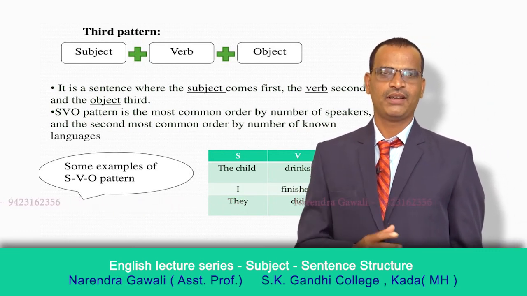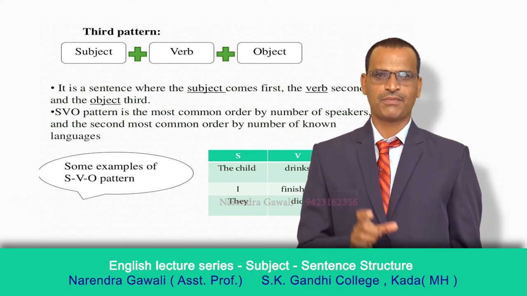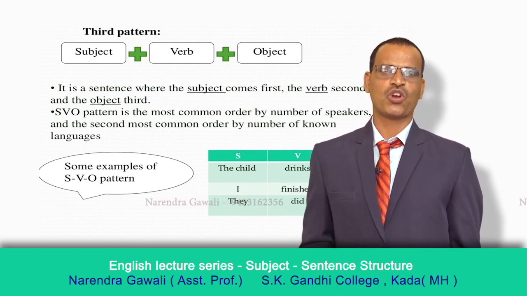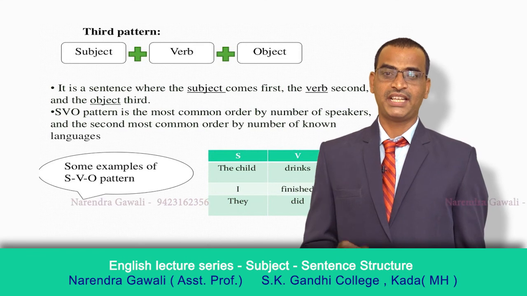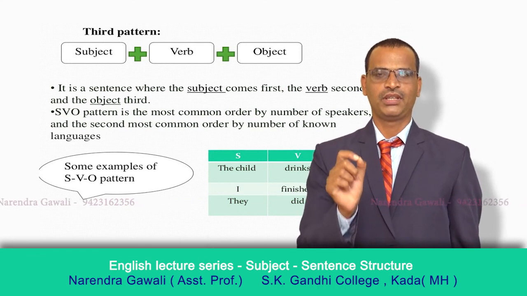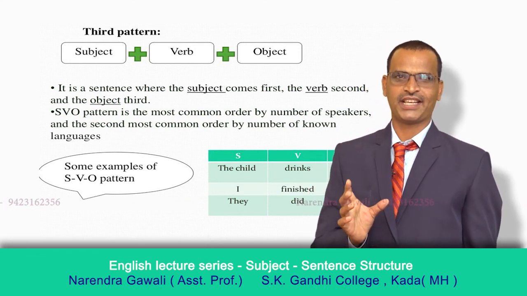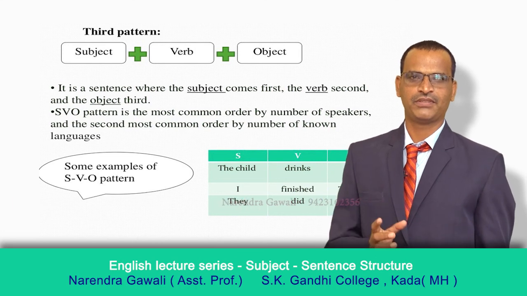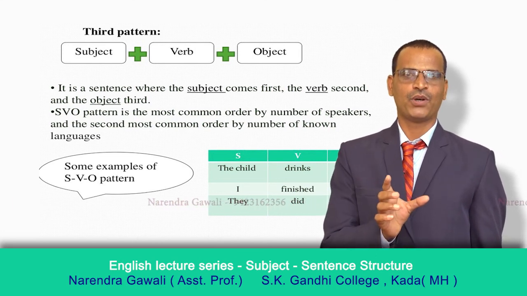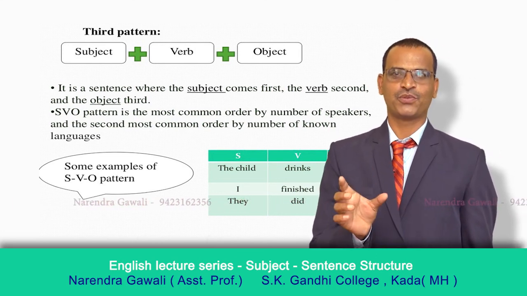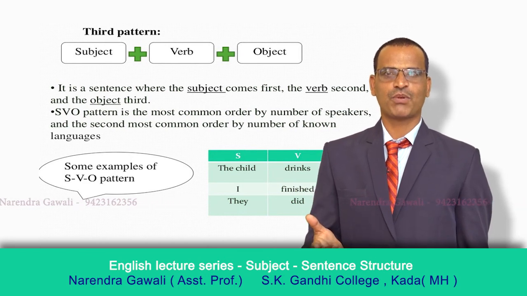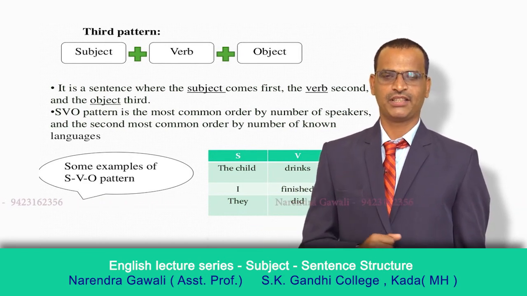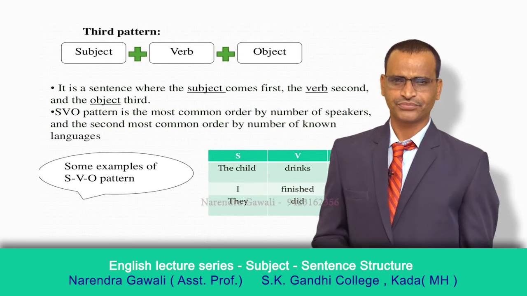The first one, as we saw, was subject verb. This one is subject verb object. Here we use a transitive verb. I explained to you what we mean by intransitive verb and transitive verb. There is a simple difference. Here we have an object after the verb, so it is called a transitive verb. This can be transformed into passive voice. Simple example, simple rule we can follow.